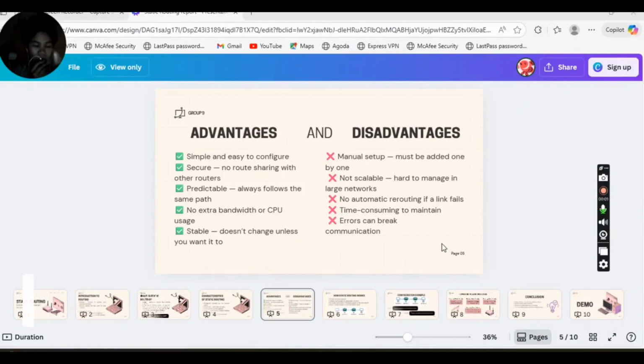Everyone, I will talk about the advantages and disadvantages. First, the advantages. First is simple and easy to configure. Easy and simple because you just route them manually, no special routing software or protocol needed, and perfect for small